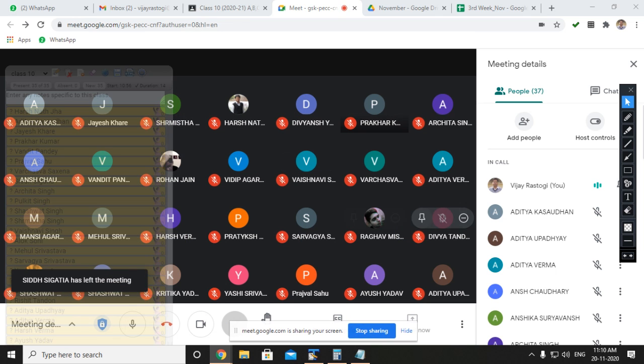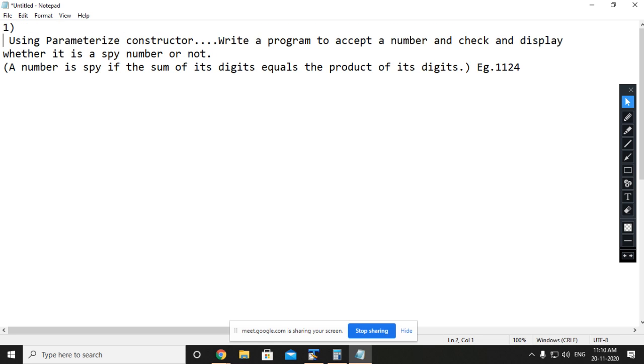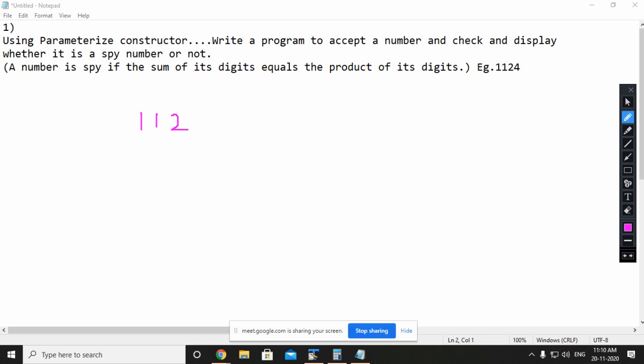So this is your classwork which I am going to show you here. Now, using the parameterized constructor, please try to understand the question. Write a program to accept a number and check and display whether it is a SPI number or not. What is a SPI number? An example is 1124.